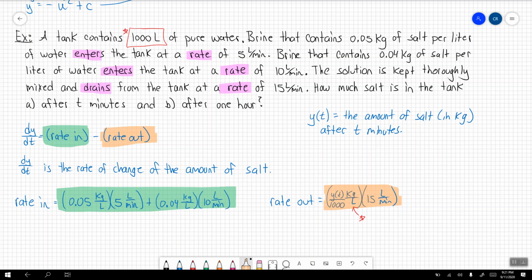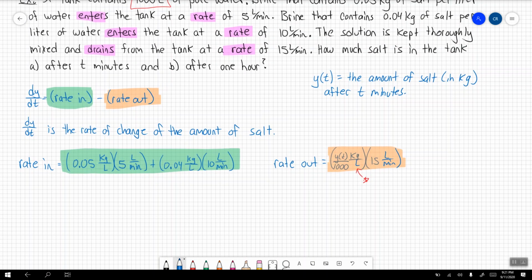All I have to do now is piece all this together. All right, so let's go ahead and start piecing this together. dy/dt is going to equal 0.05 multiplied by 5. This should naturally get us 0.25. Notice the unit of measurement here is going to be kilograms per minute, plus 0.04 times 10. This will then get us 0.4. So 0.4, and again, we're left with kilograms per minute,